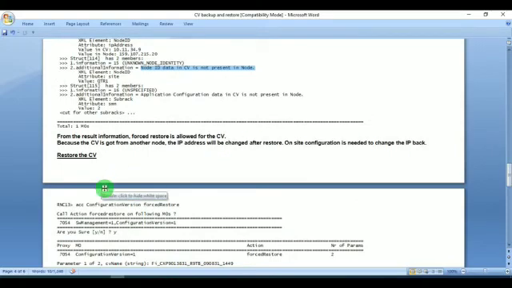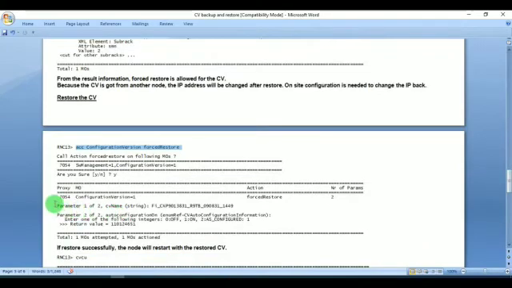If you want to restore the CV forcefully, you can use the command acc space configuration version space forced restore. It will ask for two parameters, parameter 1 of 2 is CV name. You have to mention the CV name which you want to force restore, and the second parameter is auto configuration on. It will ask: enter one of the following integers, 0 for off, 1 for on, 2 for as configured. So I have typed 1, which is nothing but it will make the force restore.